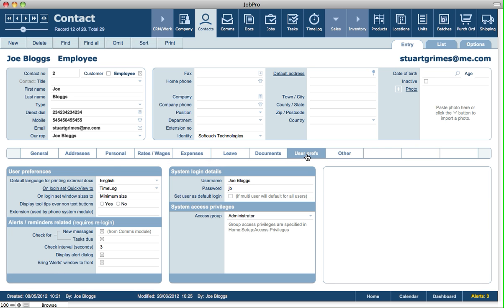The next is the user prefs tab. So on the left hand side of the user prefs tab for this employee, we can specify, for example, that when we print documents, external documents like quotes, requests for quotes to suppliers, purchase orders, sales invoice, shipping documents, and also areas like statements and other documents that are external, you can specify for this employee to use a specific language. Now you can also set a lot of these defaults in setup as well, and not necessarily do it